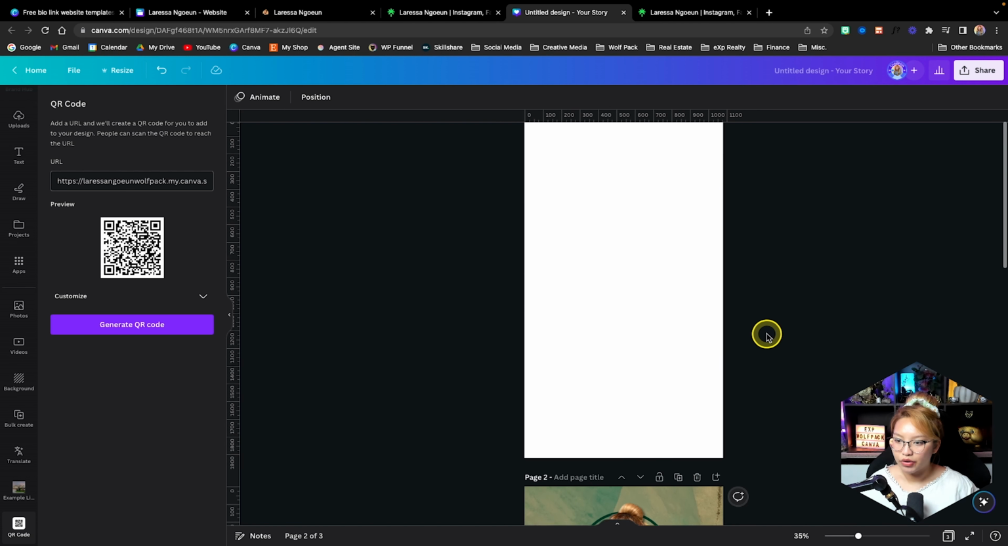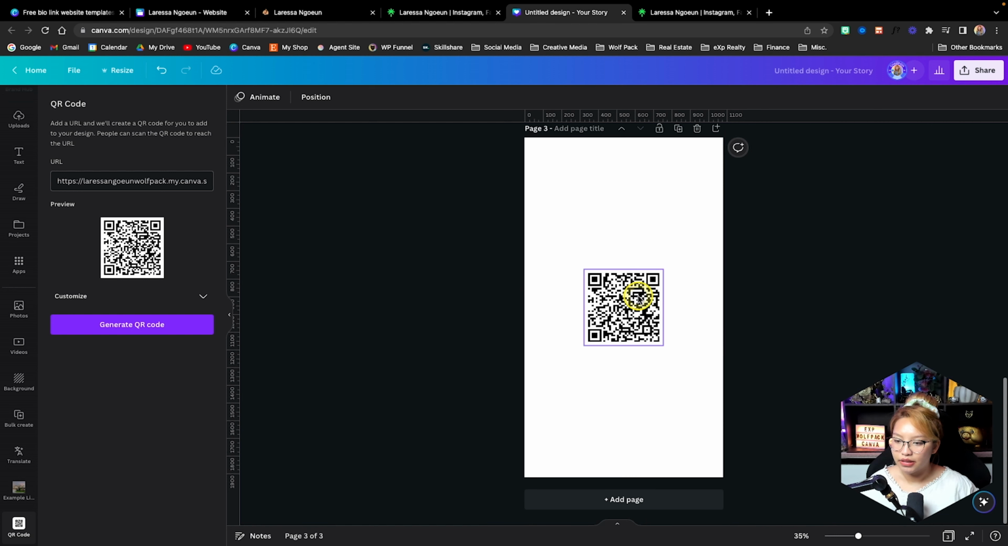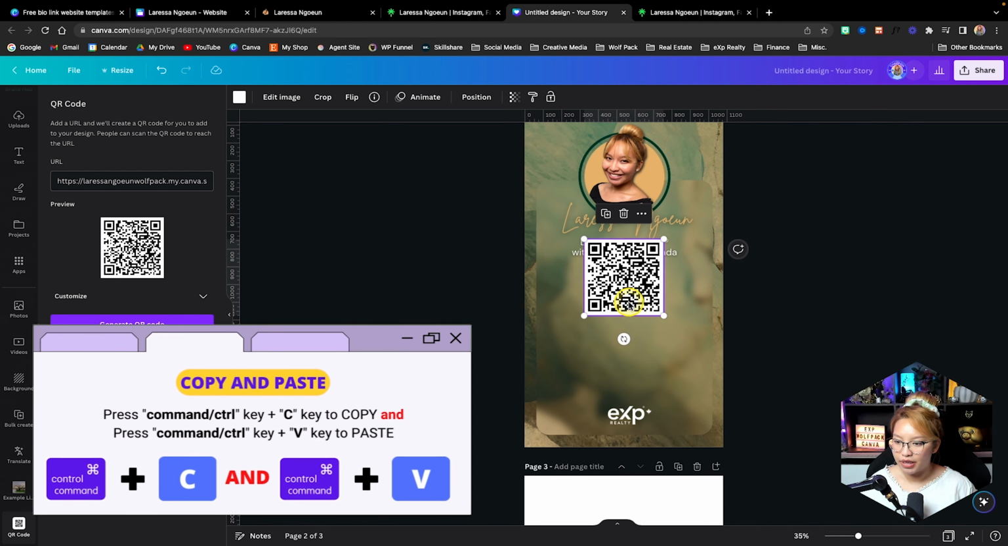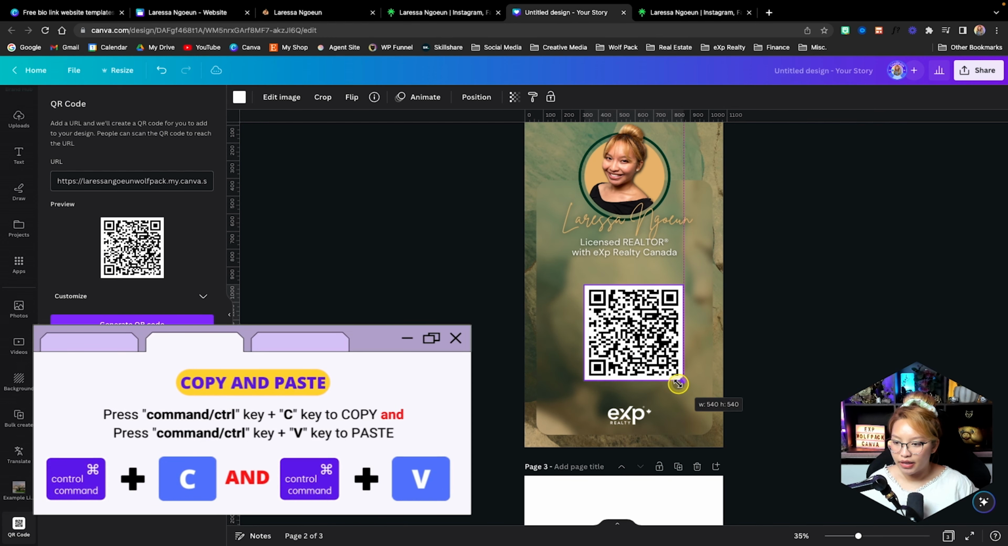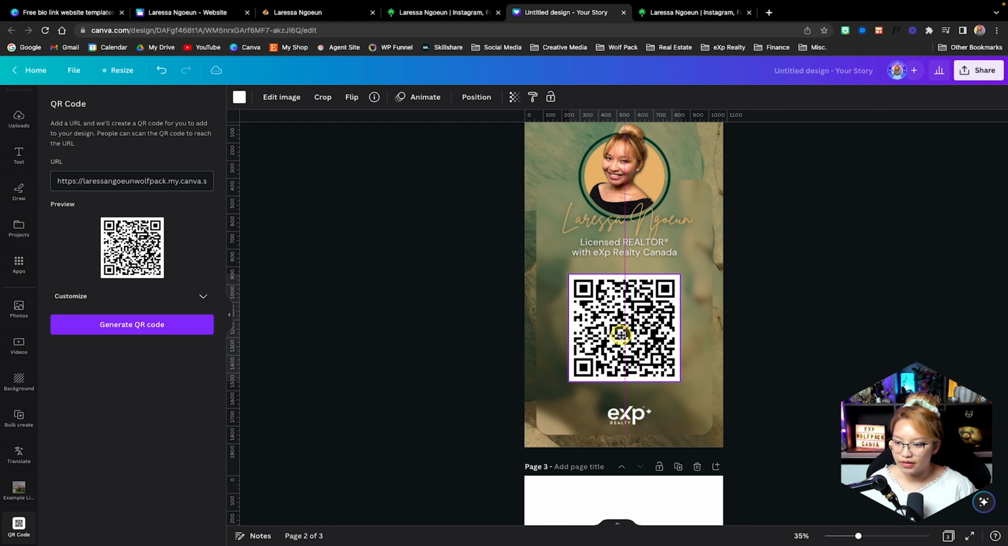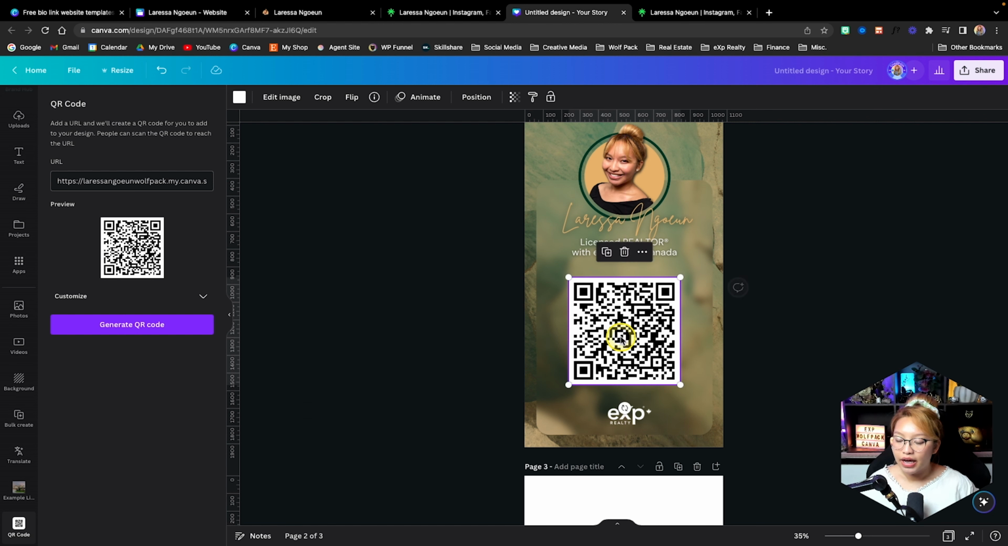And then I'm going to, there we go. I thought we lost our QR code. So I'm just going to copy this. So Command or Control C, I'm going to paste it here. And what I am going to do, because I want these corners to be rounded, I'm just going to go